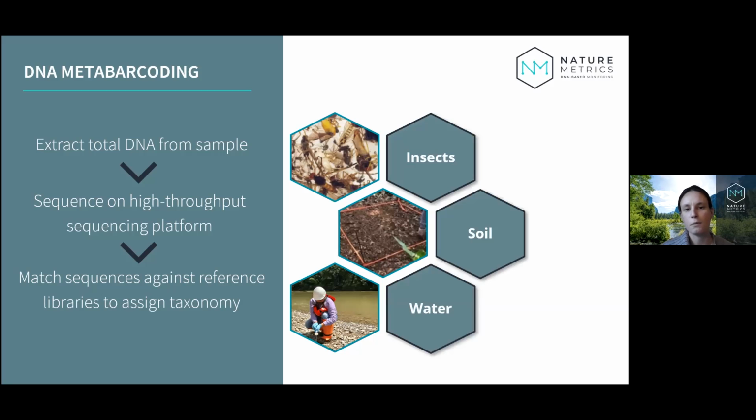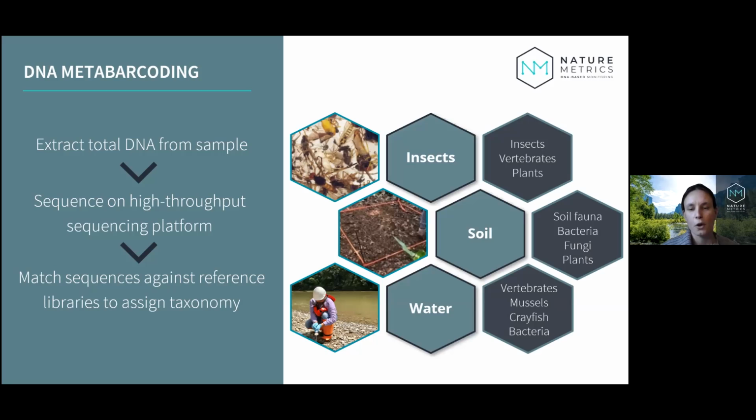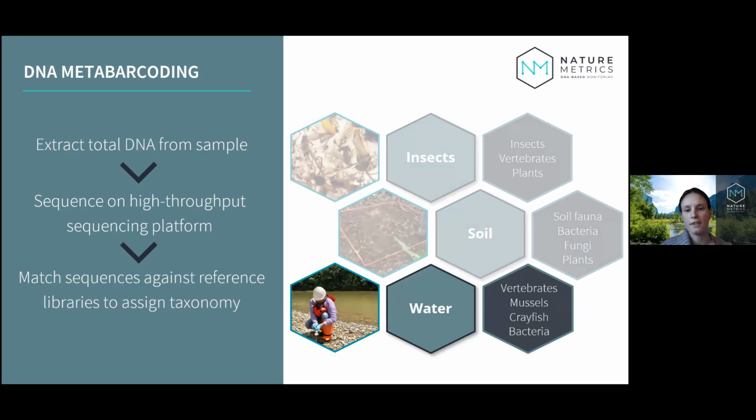And we can apply this basic method to lots of different types of complex samples. But the three samples that we work most with are collections of insects, soils and sediment samples, and water. And from each of these different types of samples, we're able to look for many different taxonomic groups. So you can start to build up really comprehensive biodiversity data sets from a very, very efficient sampling regime. And that's one of the major strengths of this technology. But for today, we're going to focus on water samples and